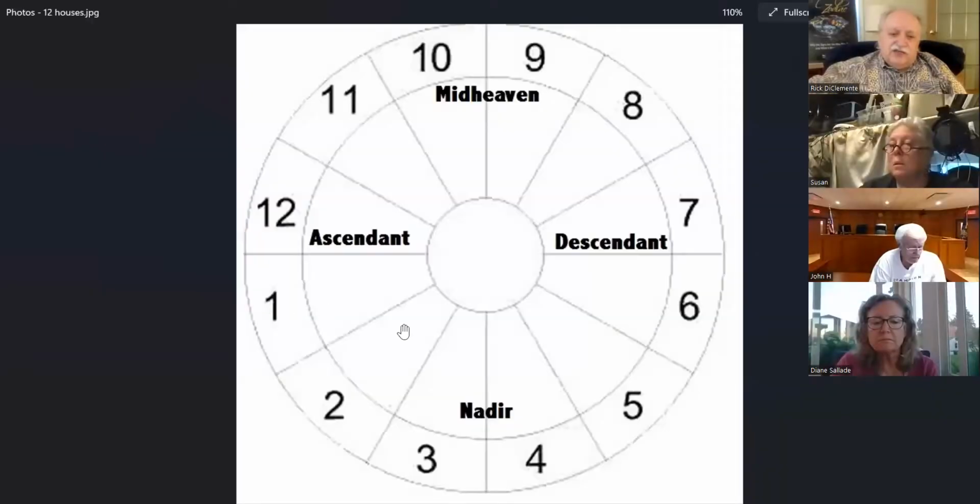Okay, so in the first house, let me explain something now. You can already see how things get a little complicated. Let's say you're a Cancer personality, and a Cancer is not known for being very aggressive, or for being pugilistic. Well, I don't care where Cancer is in the circle, if that Cancer has Mars in the first house, that Cancer will be pugilistic. They want to kind of fight. They might even enjoy fighting. They might be good at fighting. They might be bad at fighting.